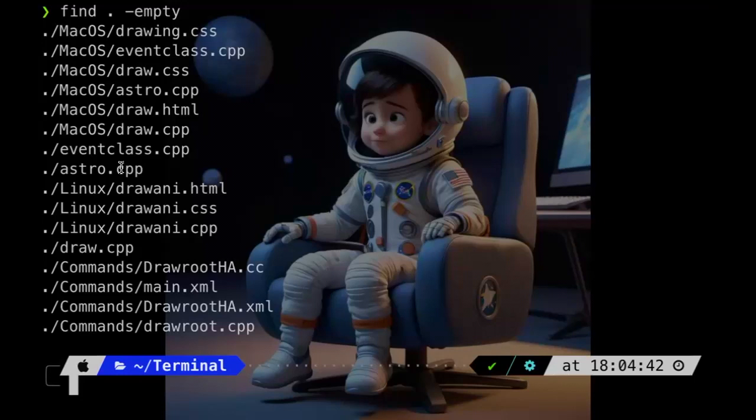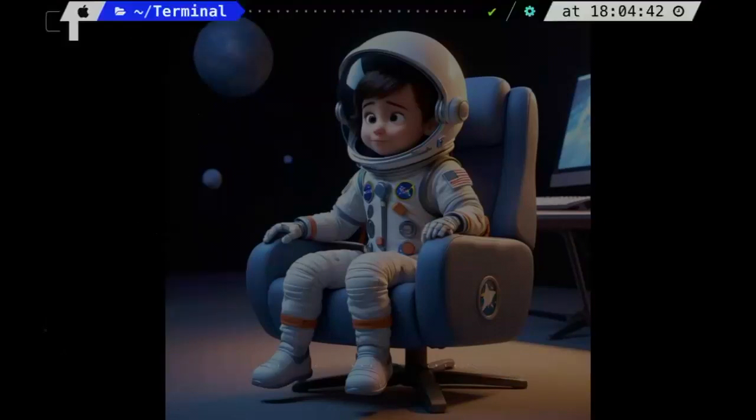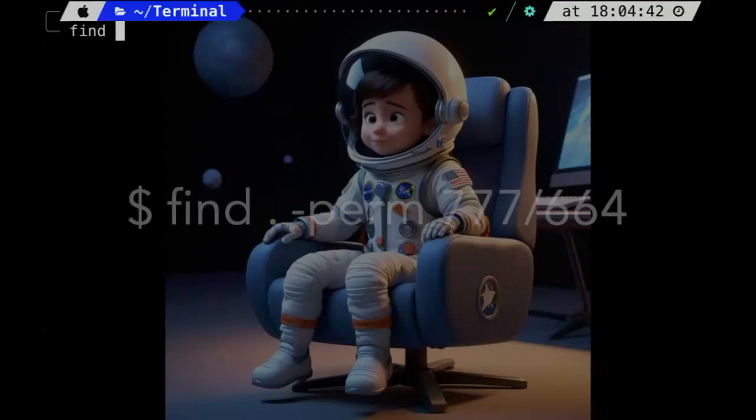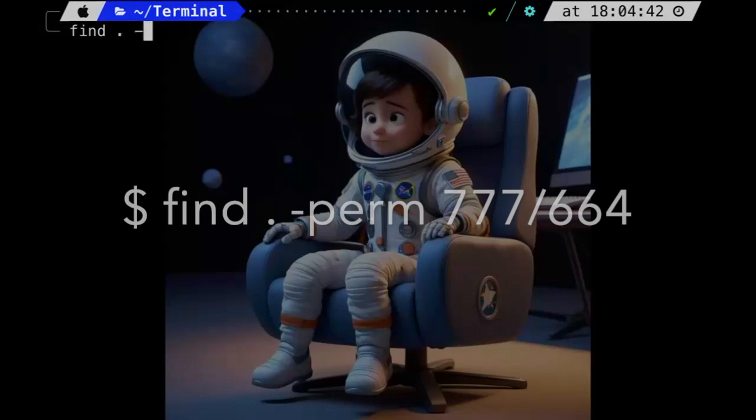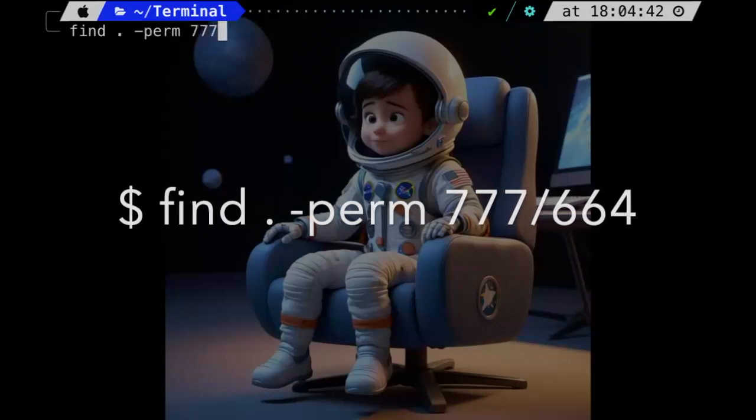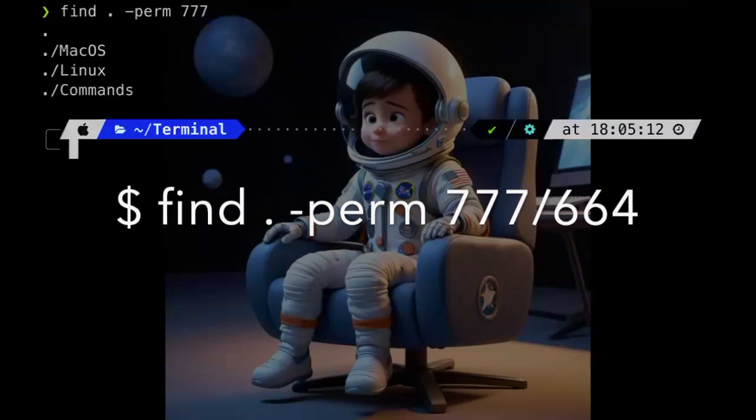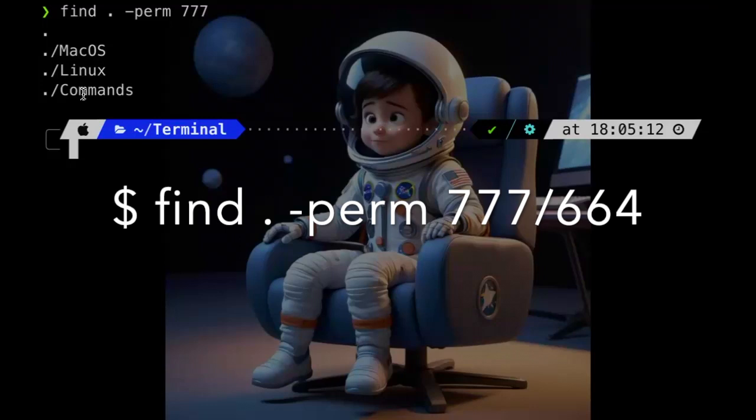Now the next thing I want to discuss is that you can check the permission of files. Like here in this directory, I want to find the files which have permission 777, read, write, and execute. Let's see, can I find something? Yes, I have some, actually it's on all the directories basically. So if you want to specify more,